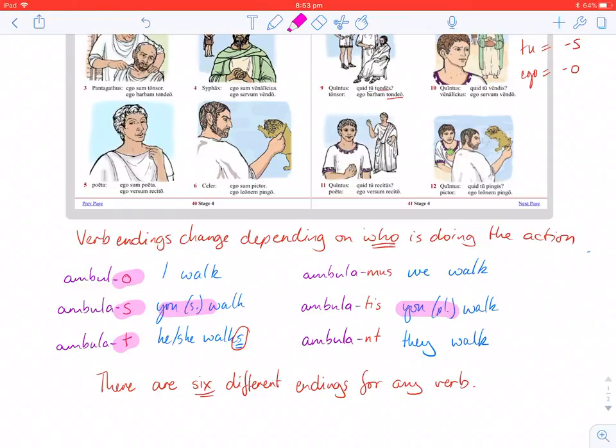O, S, T, which means I, you, he. Mus, tis, nt, we, you plural, they. That's a really good way of remembering them, to chant them out loud like that. So repeat after me. O, S, T, I, you, he. Mus, tis, nt, we, you plural, they. So just remember that verb endings change depending on who is doing the action, and that there are 6 different endings for